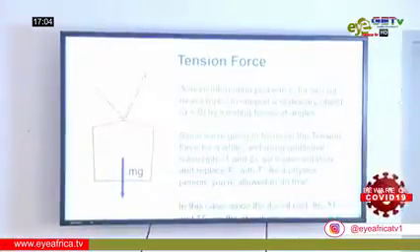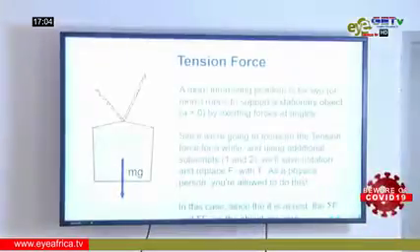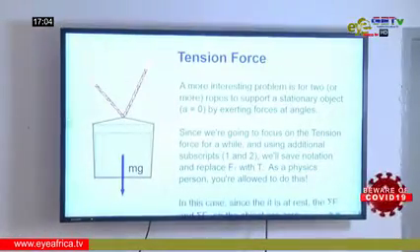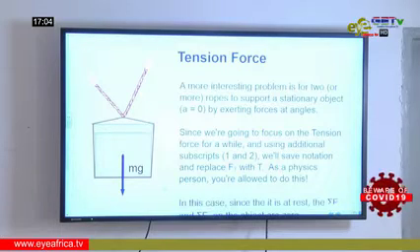Good. 2 ropes. Now, when we are given 2 ropes supporting an object, for a single rope, it is always simple. For a single rope, you just have to note the direction in which the object is accelerating, or if the object is stationary or not. Now here, for a single rope, this is what we have. Let's say this is a rope with tension T, and this is a mass.